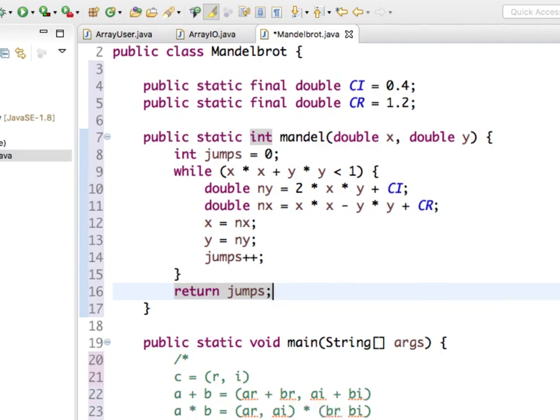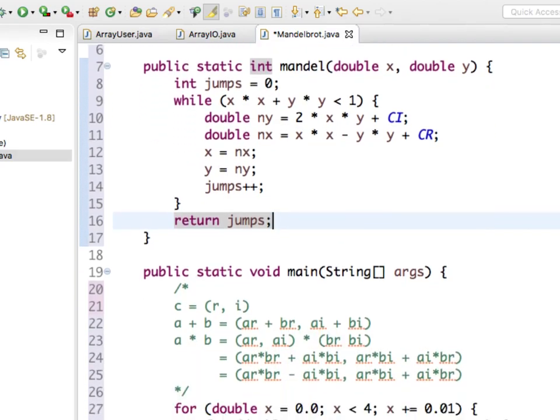So what Josie has spotted, but is too shy to admit, is that we have not handled the case where it stays inside the circle forever. So this while loop never terminates because it's just staying inside the circle, going in a circle or just staying at 0, who knows. So we have to stop this while loop at some point. We have to decide how many jumps we are going to tolerate before we call it infinity.